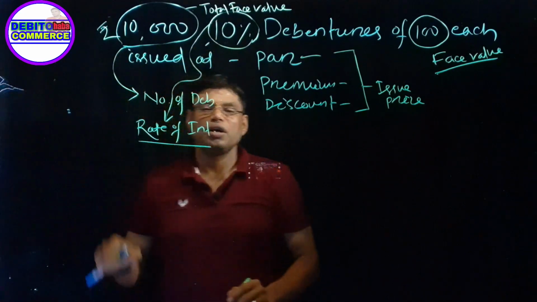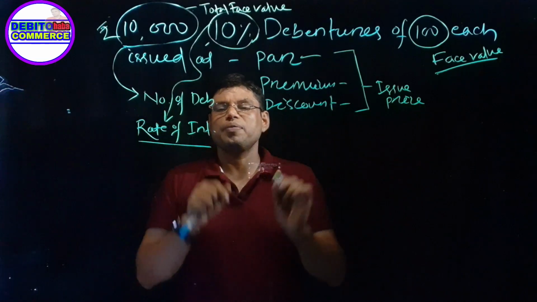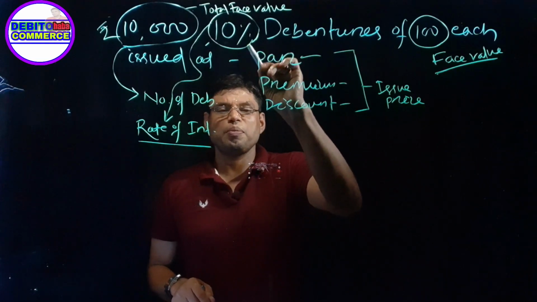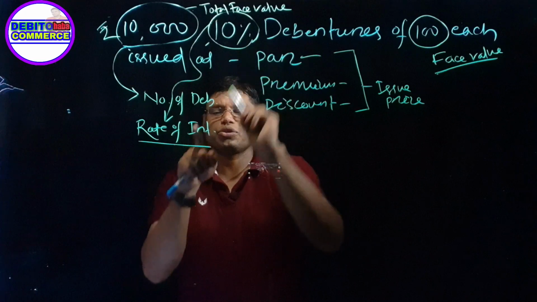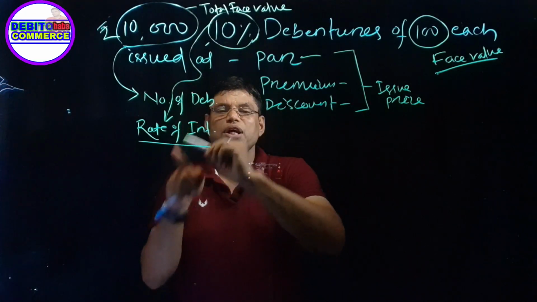You have to get that number by dividing this with the face value. You will get the number of debentures. This is rate of interest. Remember, this is rate of interest. This is we are going to calculate the interest percentage they are going to get after their investment in